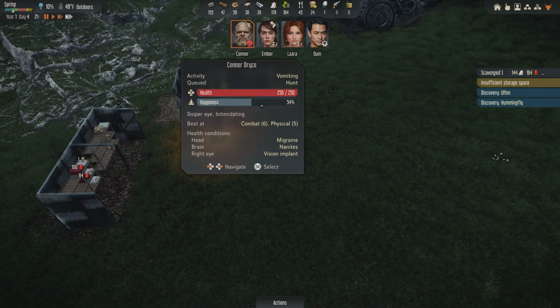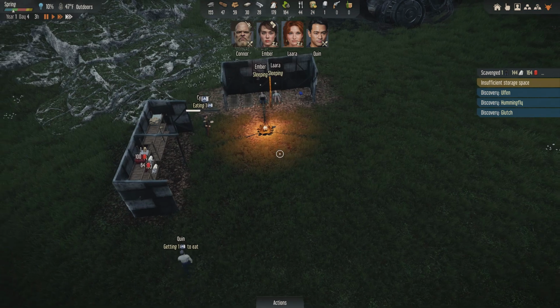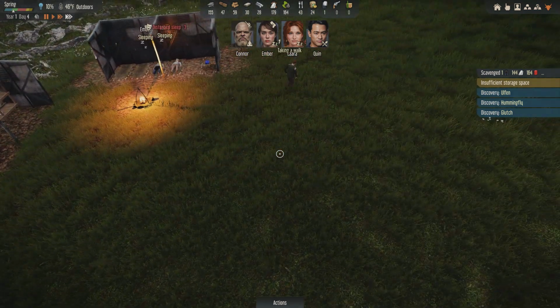Connor's unhappy about something. Oh, he's got a migraine. Probably from those nanites he injected himself. I think he just gets migraines, too, from all of his implants. Yeah, true. His eyeball. Alright, so I think...